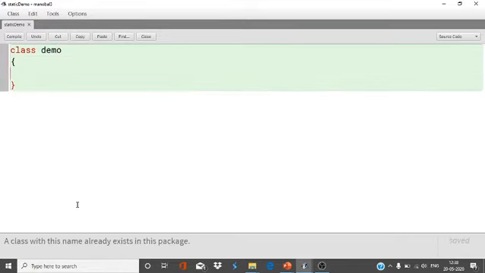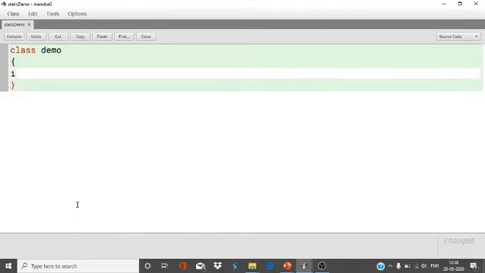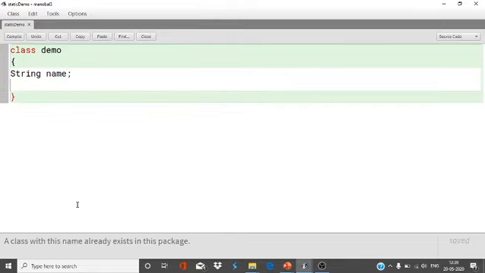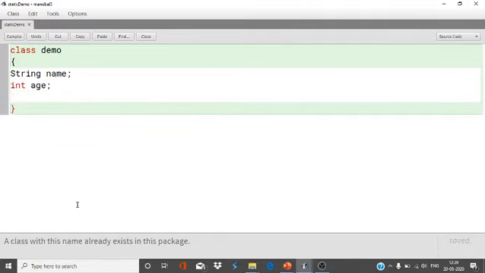Suppose I have declared string name, int age, and string school name.